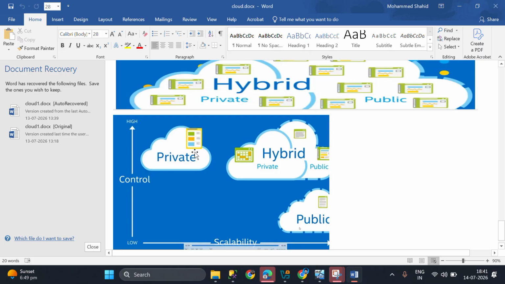In private cloud, control is more. In public cloud, scalability is more. We can create the servers very easily in public cloud and manage them easily. In private cloud, it is up to security: whoever wants more security can opt for private cloud. But private cloud is costlier than public cloud; public cloud is cheaper. In hybrid cloud, whenever there is a spike they can convert from private to public and use both, and whenever the business is low, they can convert back to private.